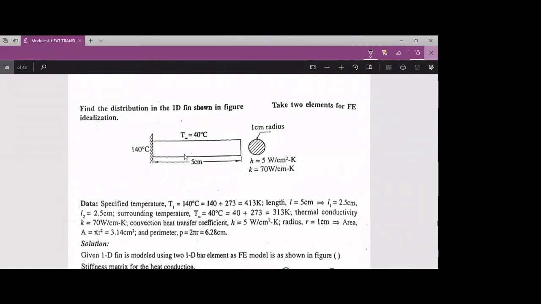Now see this problem here: the fin left end is constrained, which means heat flow takes place here and there will be no heat transfer in this direction. Due to hot gases flowing, just consider this is the example of an IC engine. In the IC engine, on the inside surface hot gases are developed, and on the outside surface there will be fins, like a motorcycle engine, you may see. There are so many fins on the motorcycle engine.